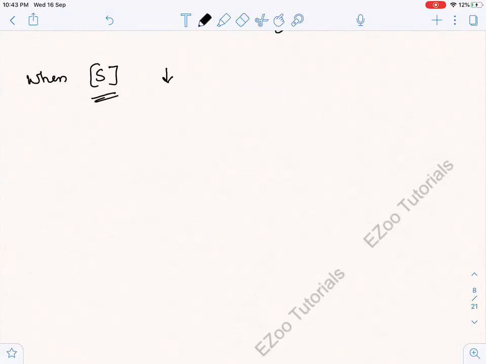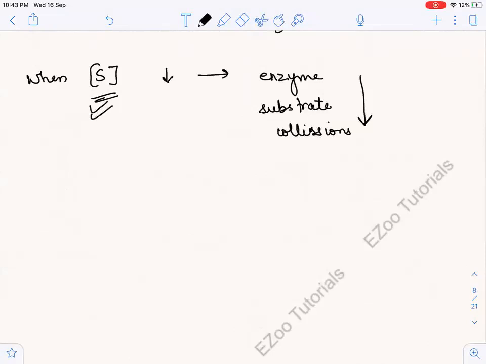When substrate is कम, obviously this is so logical, तो enzyme substrate collisions कम होंगे, जब कोई चीज कम है तो कम लड़ेगी ना, तो enzyme substrate collisions भी कम होंगे. When the substrate concentration is low at any given point of time, the number of collisions is less,